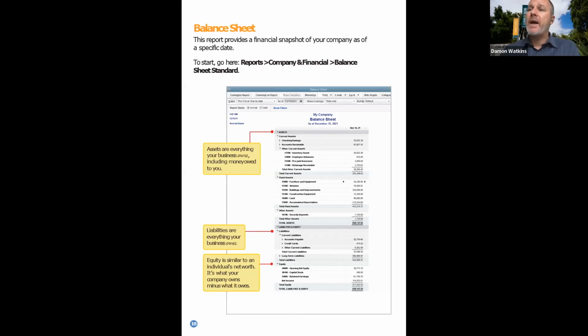And conversely, the last aspect of the balance sheet is the equity. Equity is similar to an individual's net worth. It's what your company owns minus what you owe. So again, a real clear understanding of where your business is at a specific date is what you will find